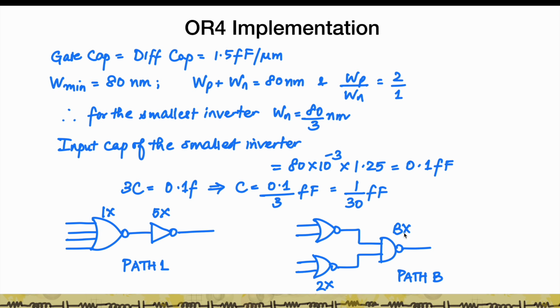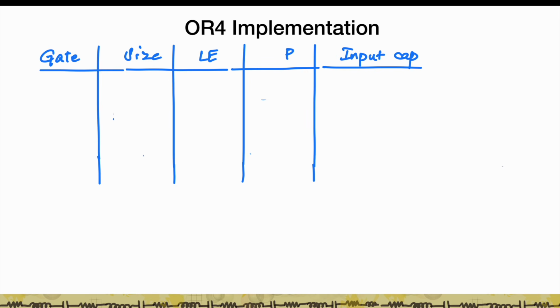And you want to basically find the value of B such that these two delays are equal. So like always, let's do the logical effort tree first. So what are all the gates we have? We have a NOR4 gate, whose, if I were to size up the NOR4 gate, remember that the 2 input